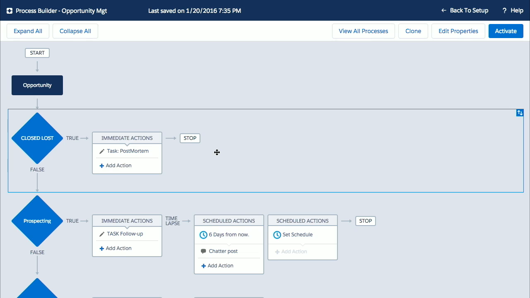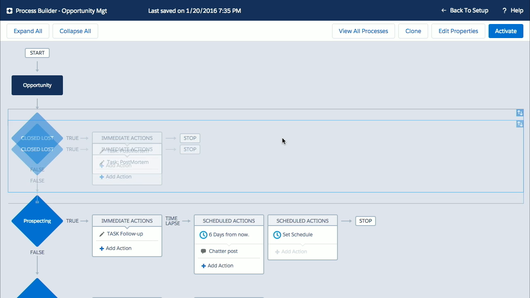All right. So you can see here that I've hovered over the first criteria, and it's drawn a sort of blue rectangle around the criteria and the associated actions. And if I just select it and move it,